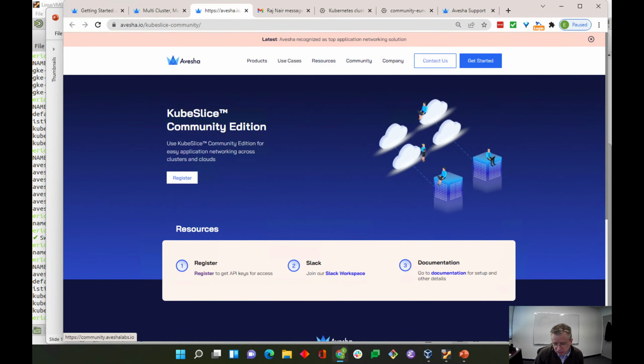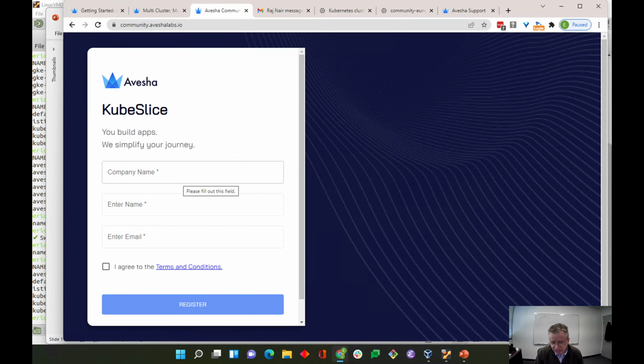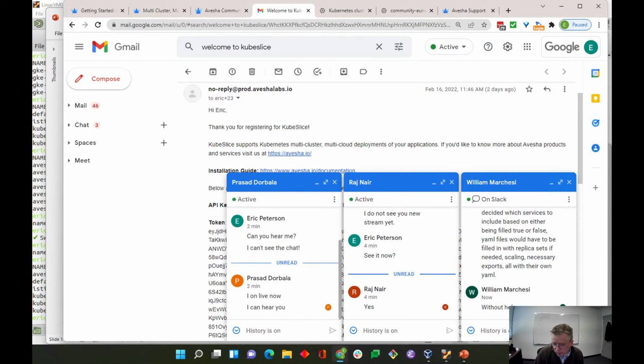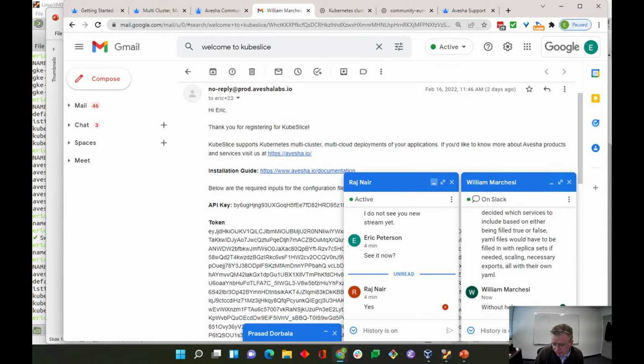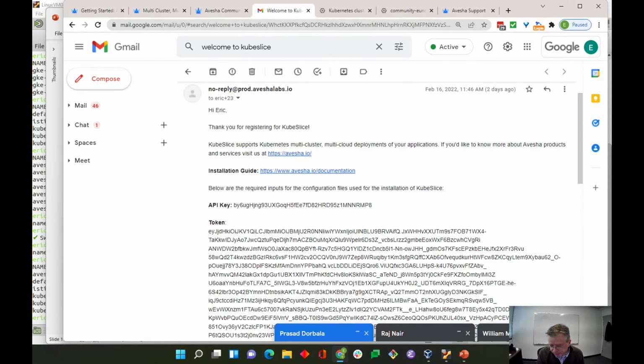So you click register, and here it just asks for some information: company name, your name, and an email address, and just accept the terms and conditions. And once you click register, you will get an email